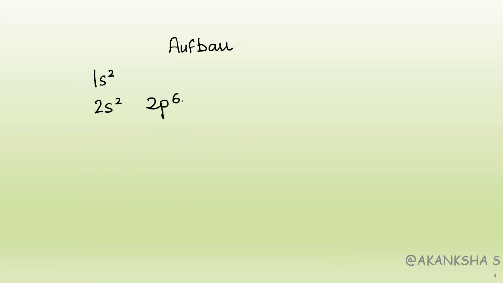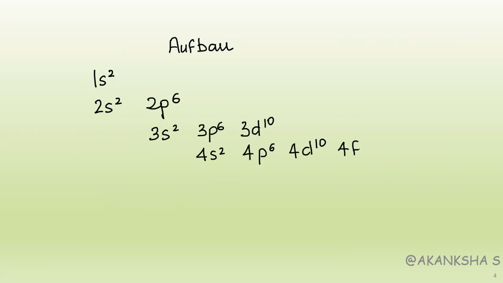The snake method says that below every p6, you start a new number. 2p6, you write 3s2, 3p6, 3d10. Again a p6, you write 4s2, 4p6, 4d10, 4f14. Again p6, below that a new number 5s2,